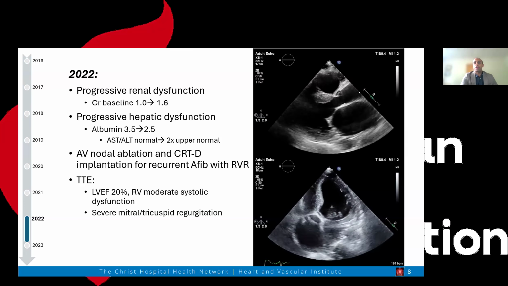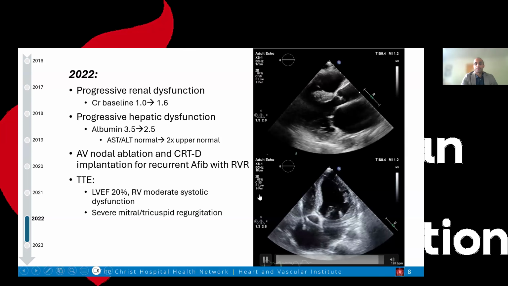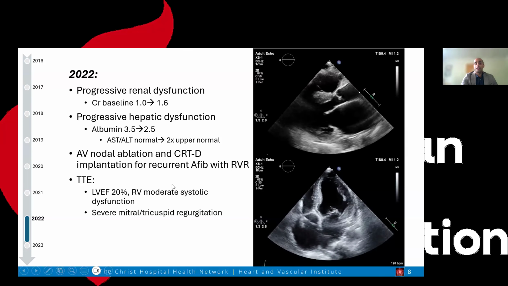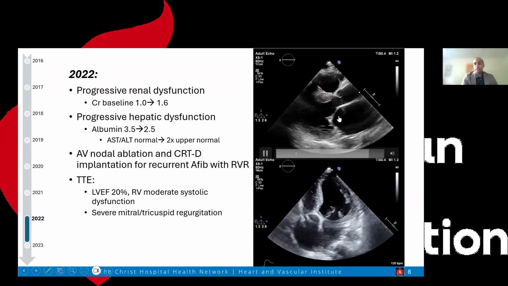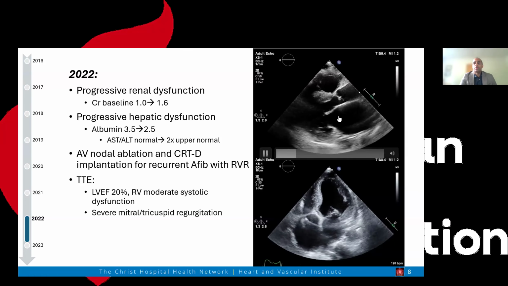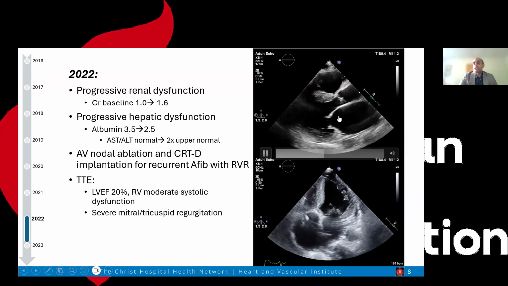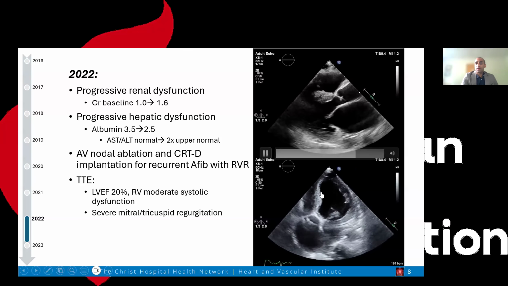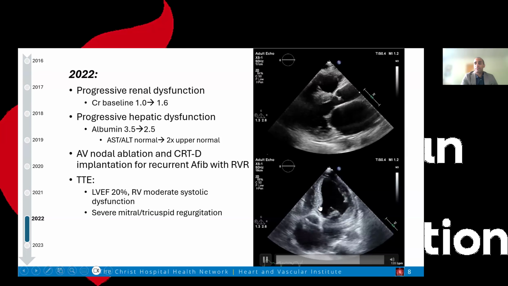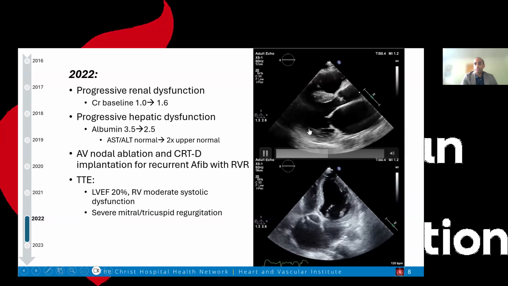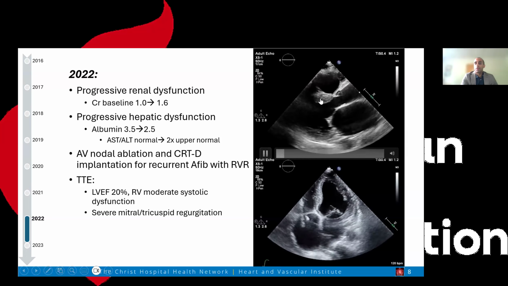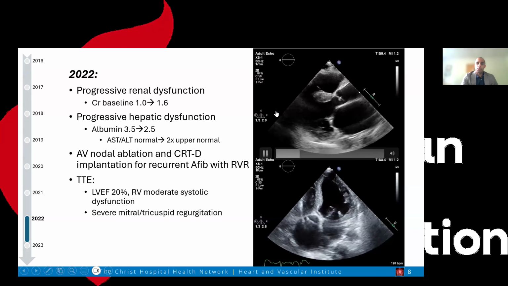There was moderate RV dysfunction noted, as you can tell here as well. And she began developing severe valvular disease, including mitral and tricuspid regurgitation. As you can tell serially from the echoes I'm presenting here, the EF really has just gotten worse over time, and you're starting to see the left ventricular cavity begin to dilate out a bit too, kind of showing this patient's transformation from more of a restrictive thickened heart into more of a dilated phenotype.